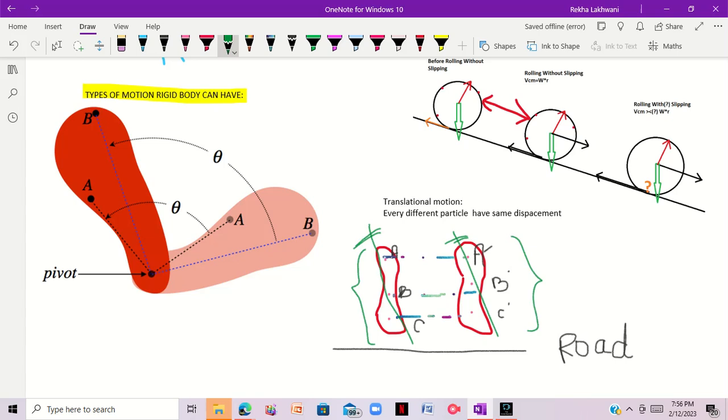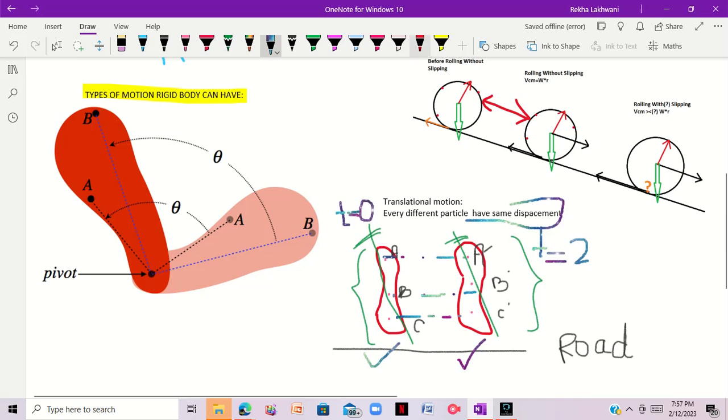So this rigid body is said to be in translational motion. Here the time was 0, but when it covers a displacement, for example now the time is 2 seconds, first the body was here, now the body is here. So the body has covered the same displacement, right? So this type of motion is known as